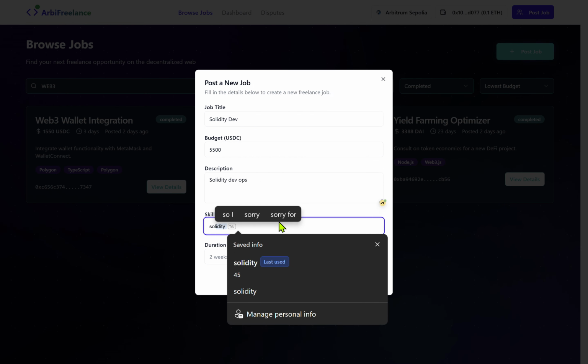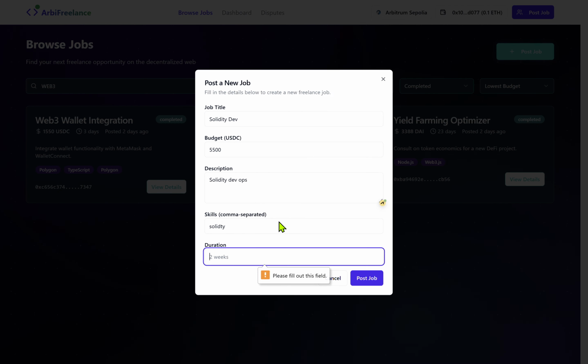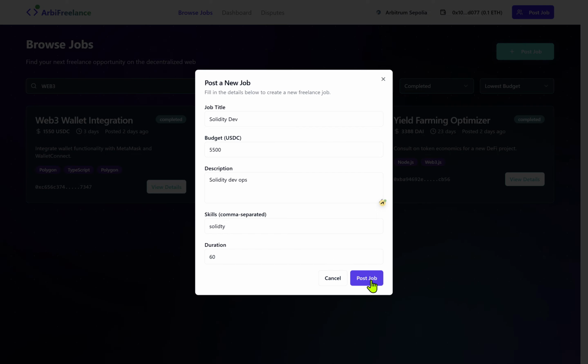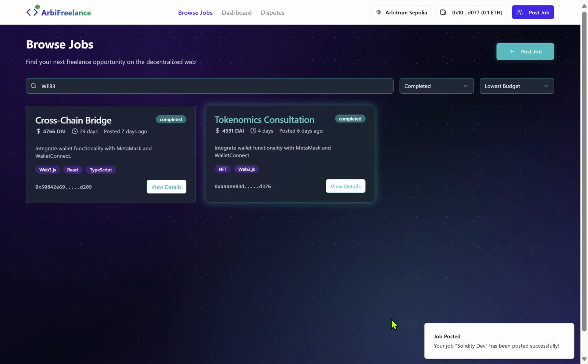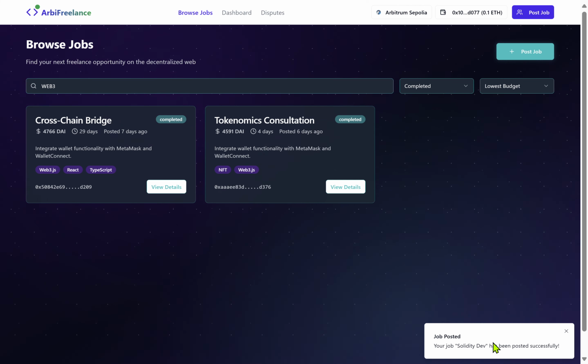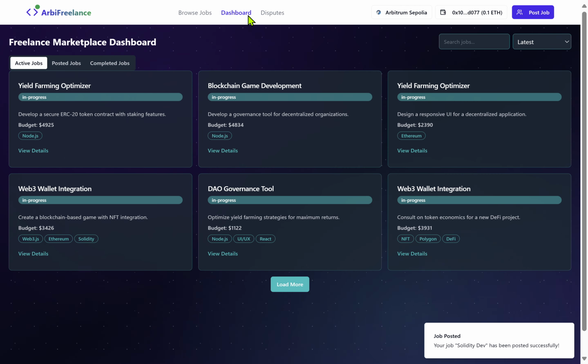Let's say again Solidity. The duration would be 2 months, which is 60 days, and we can post the job. It gets posted, and we get the notification which says Solidity Dev job has been posted successfully.